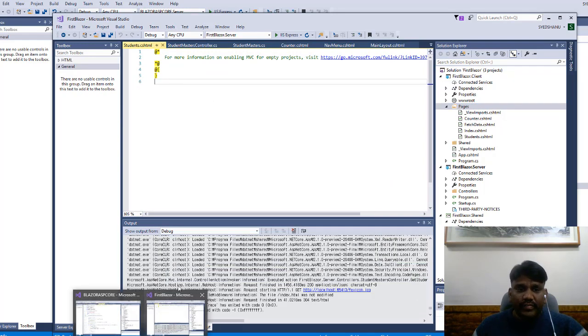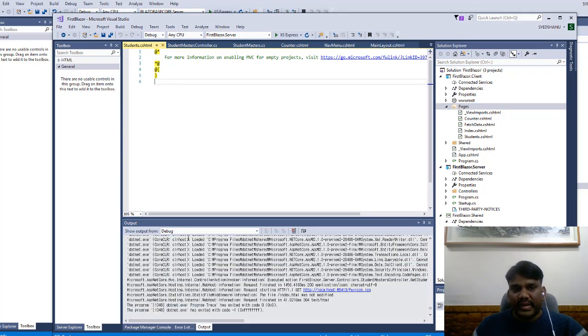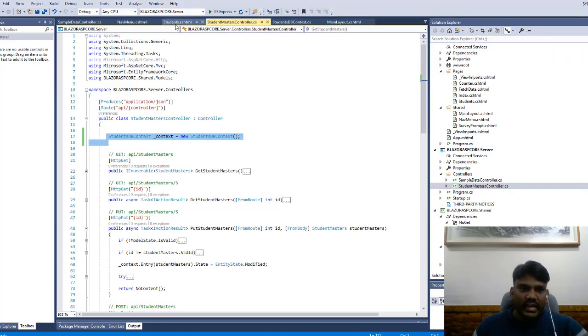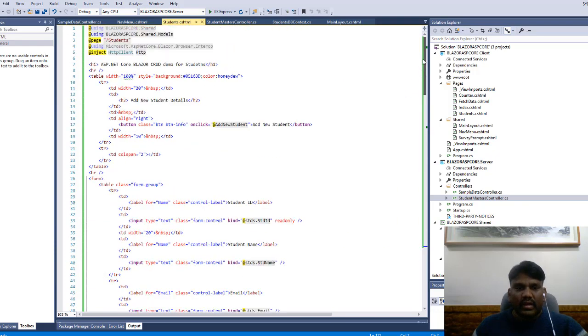As I told, we have three parts in our view page. One, the import part, next the HTML design part, and next the function part. I have created the code already here, and I will be using the same. So for that, first we import this,